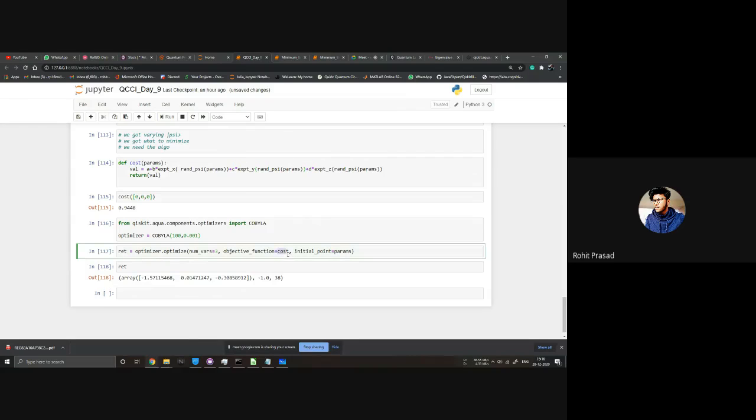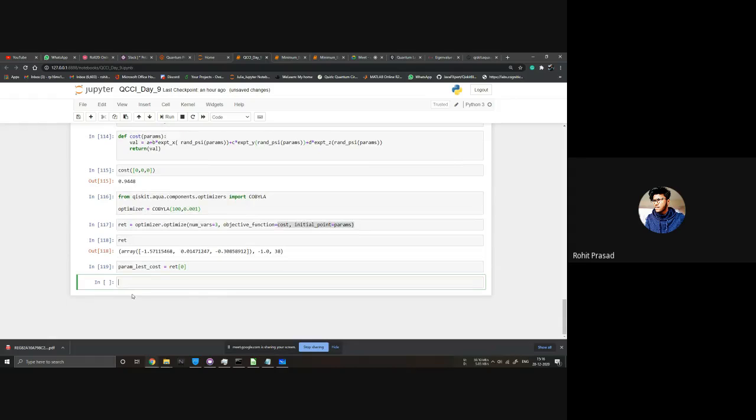This one, cost one. So this is our params, with best cost equal to red 0. Okay. So these are the parameters that give us the minimum eigenvalue.